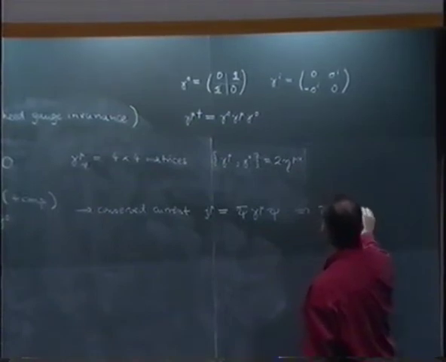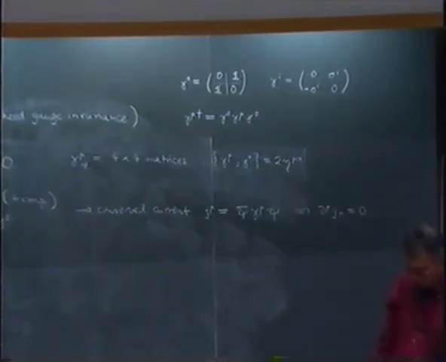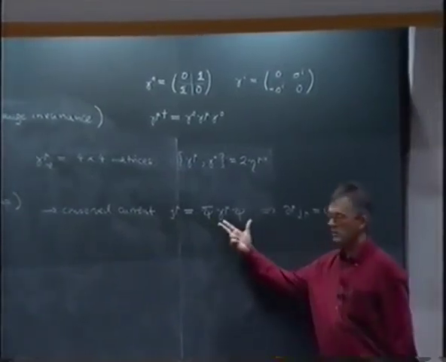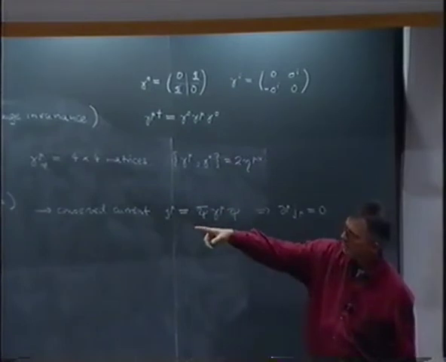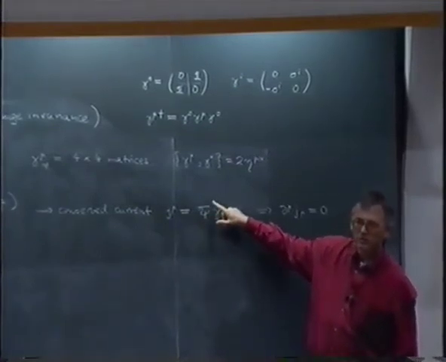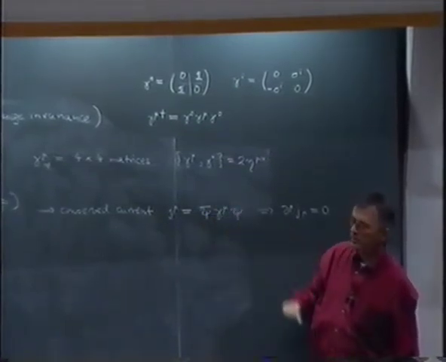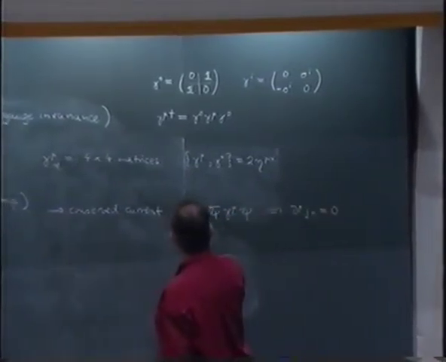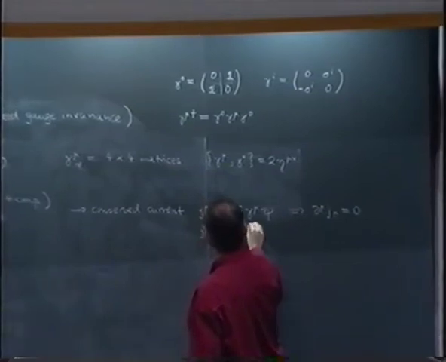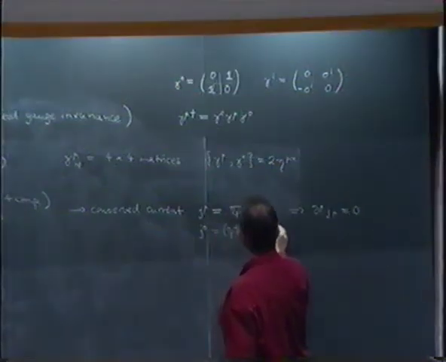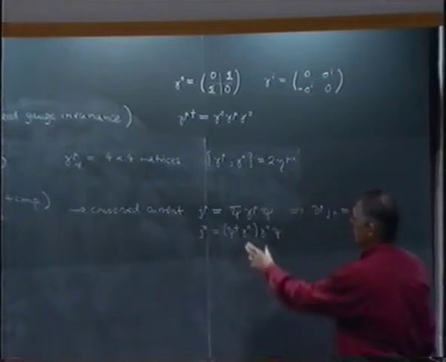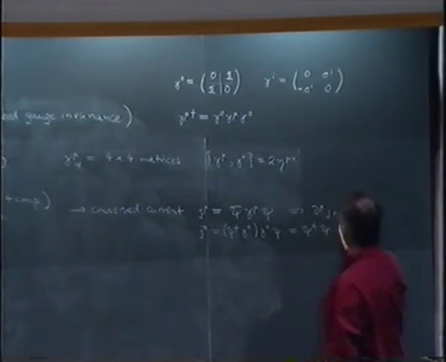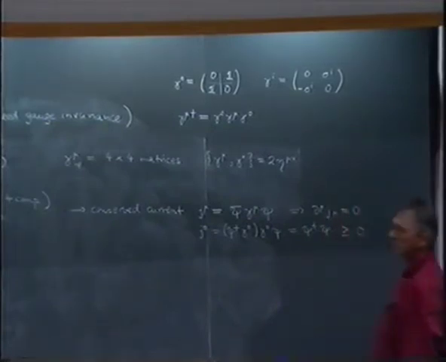J mu is equal to 0. Now you can see why Dirac was excited about this. This is the argument I already mentioned yesterday: whereas for the scalar field the current has a derivative inside, which prevents it from being positive definite, if you look at J0, this is psi dagger times gamma 0 times psi. Then gamma 0 squares to 1, so this is psi dagger psi, which is positive definite.